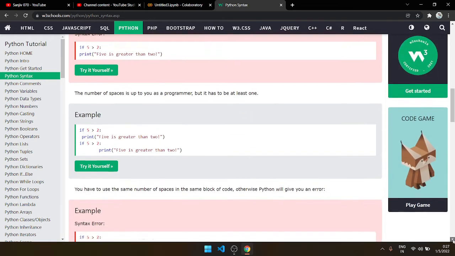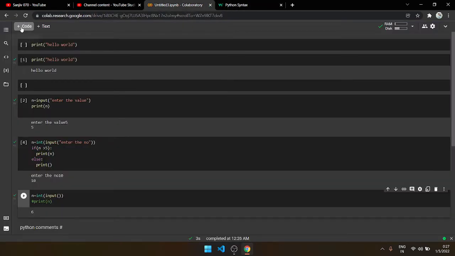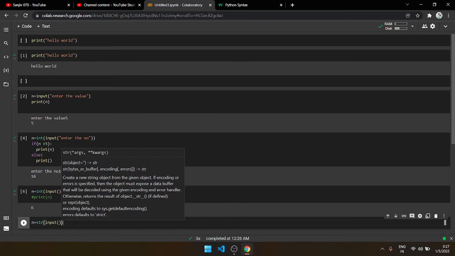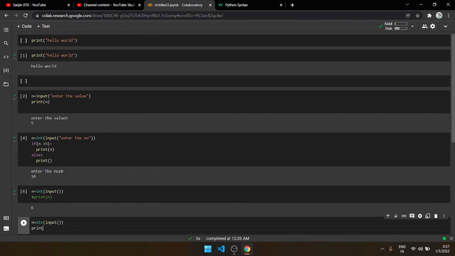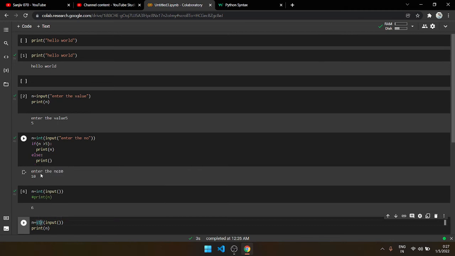Okay, there are many concepts that we need to cover. Again I'll go here, and as I said, when you write int, you specify the input variable's data type right there. What if I use string and take an input here? It will also be executed, but this time n would be assigned as a string. In this case n is directly assigned a string type variable, but in the above case we can see that it was assigned an int. Likewise you can do it for float,